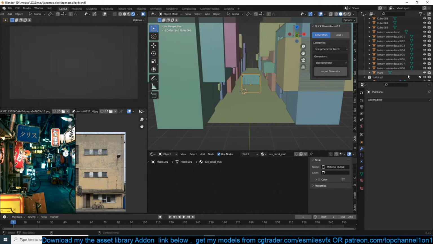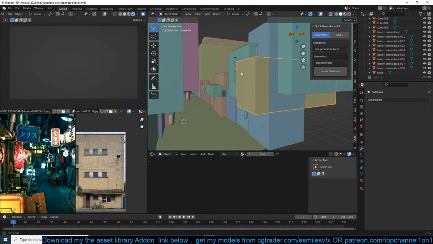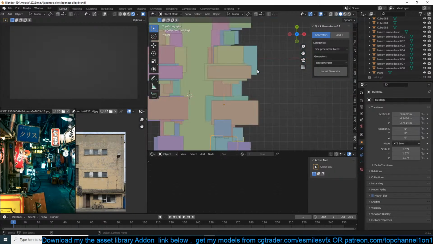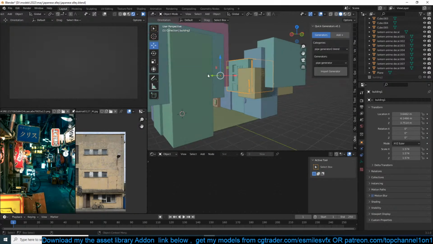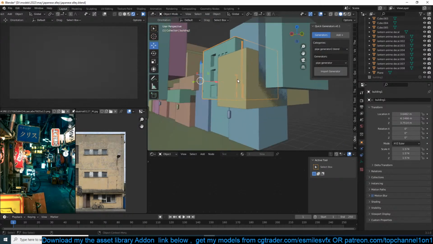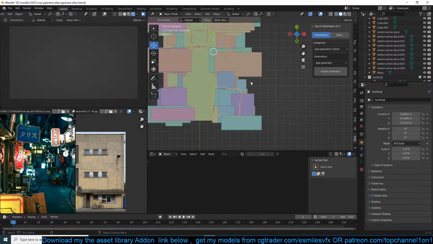So that's our new building block. You can start placing it, using it to replace some other buildings. I need to make sure that it's in the center.